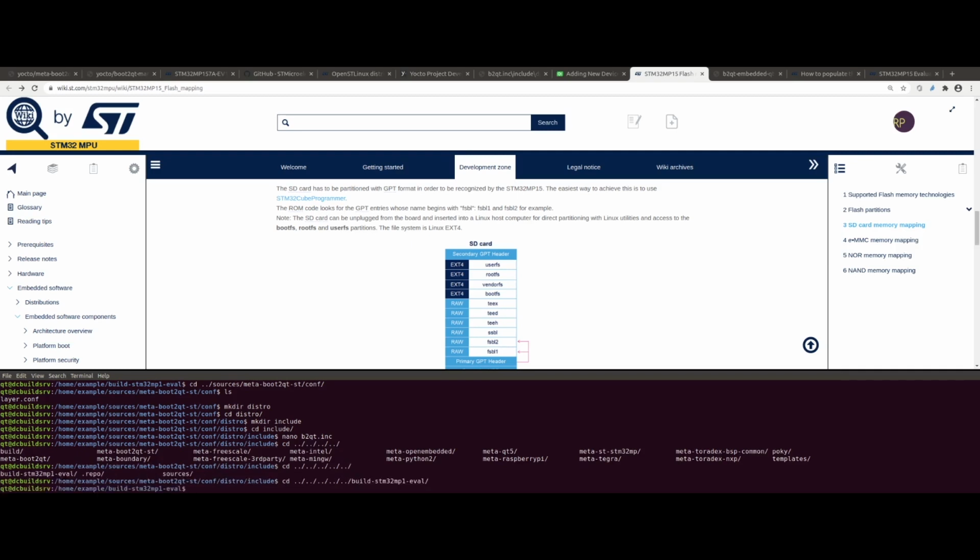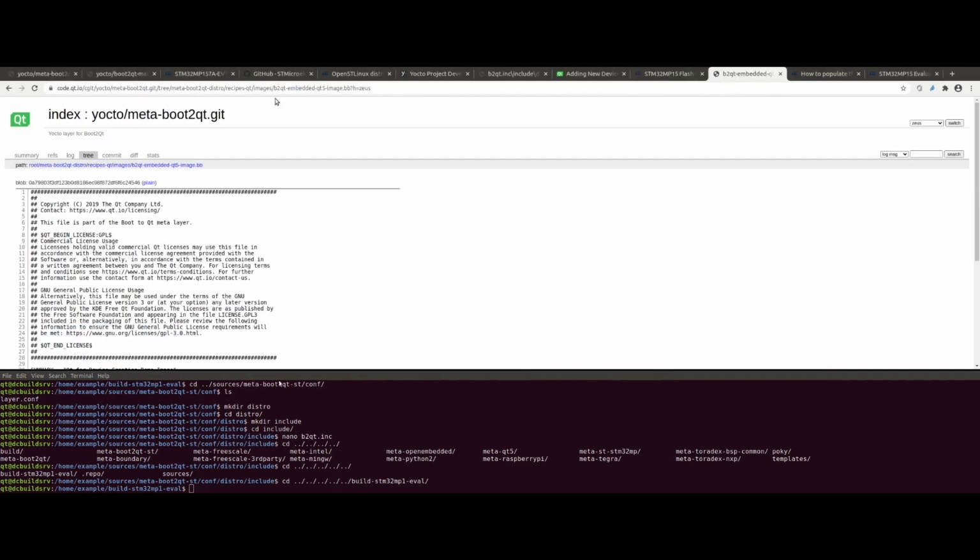Alright, that's done, and then we need to check what is the right name for the image, and that we can get from the Protocute recipe name. So we bitbake the image,